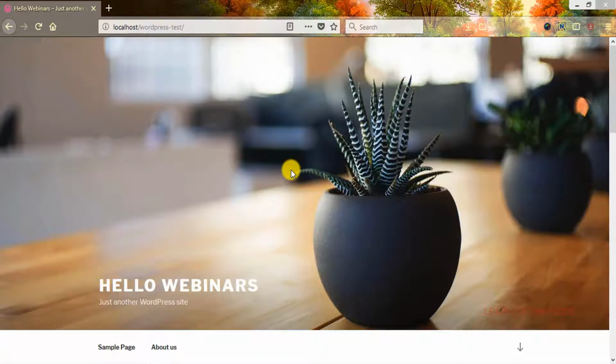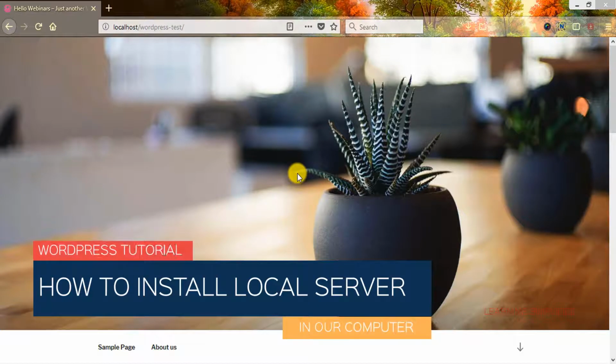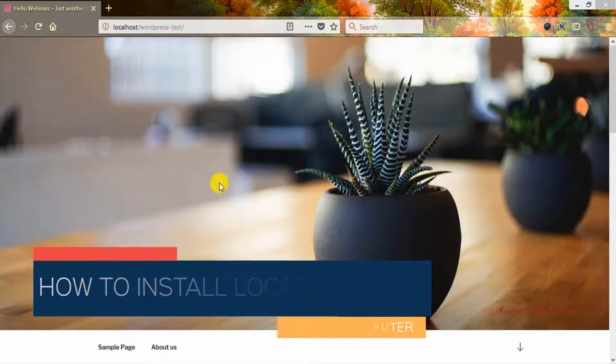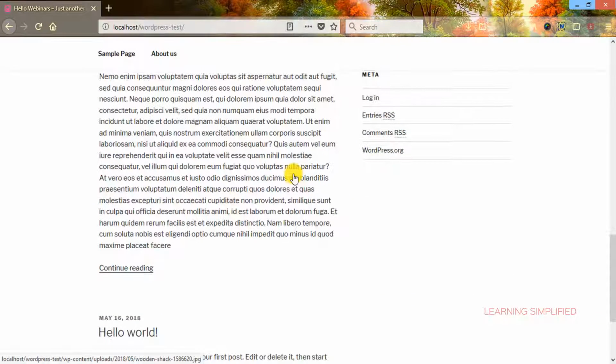Now that we already know the basics, let's proceed to our next part, where we will be discussing how to install WordPress into our project. As a test sample, we can see that we have already completed a WordPress installation into our project.